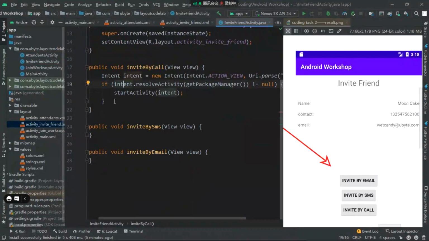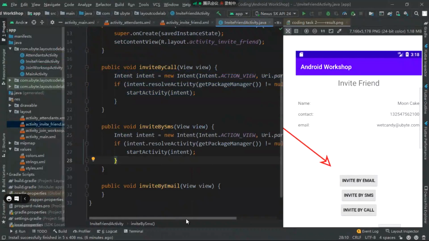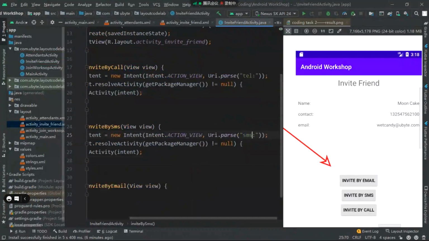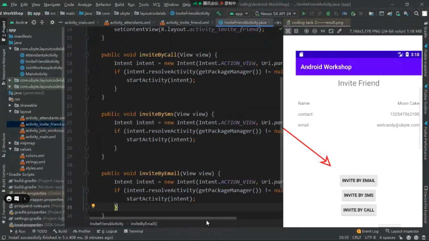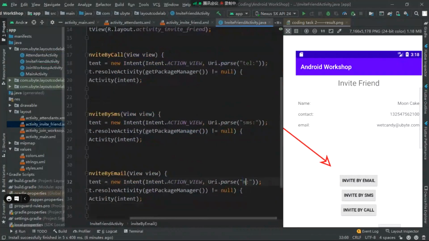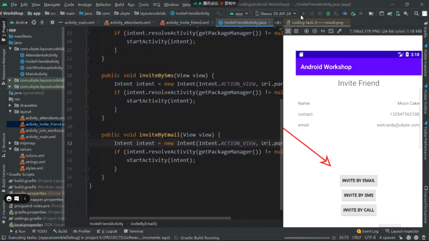Now another thing I will do is to copy all of this and paste it down here. Now for SMS, we shall simply put inside here an SMS, and then for email, we put a data stream which is mailto. Now these ones are available in documentation. You may ask where is Guy getting all these from? They are available in documentation if you read the Android dev documentation. So I run this one once more to see the result